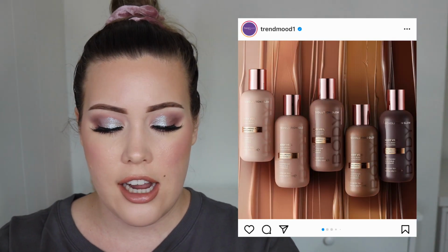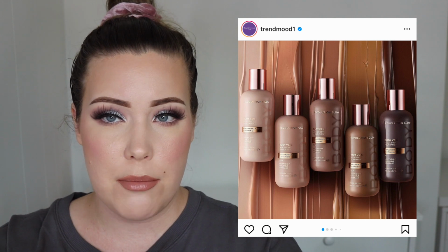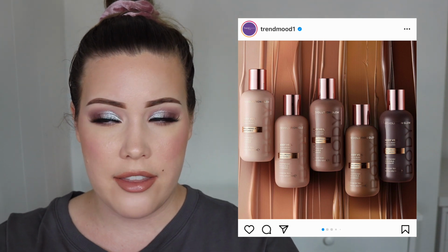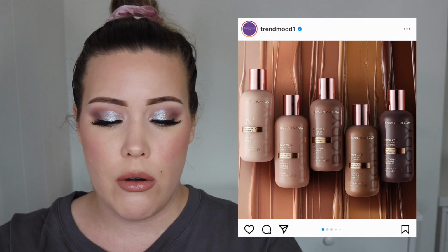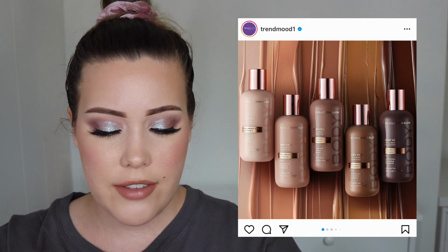Next up, we have 2 launches of face and body foundations. We have the one from Makeup Revolution. It's the face and body foundation. I remember everyone back in the day used to talk about MAC face and body. I think they discontinued that one though, actually. But I never purchased it because I heard that it was really hydrating, and now that wouldn't stop me from purchasing it. I would still definitely try it, but at the time my skin was so oily. When I was in my teens, my skin was so freaking oily that hydrating foundations just did not interest me in the slightest. So I wasn't interested at the time,